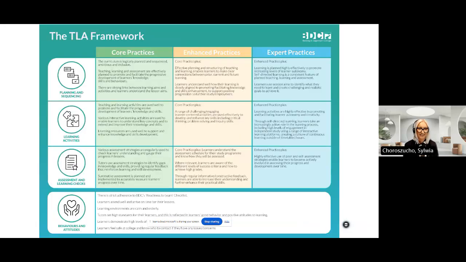Today's session sits within learning activities, core practices, and enhanced, where a range of challenging and engaging learner-centered activities are used effectively to develop and enhance key skills, including critical thinking, problem solving, and inquiry skills, but also within assessment and learning checks, core practices, where various assessment strategies are regularly used to check learners' understanding and gauge their progress